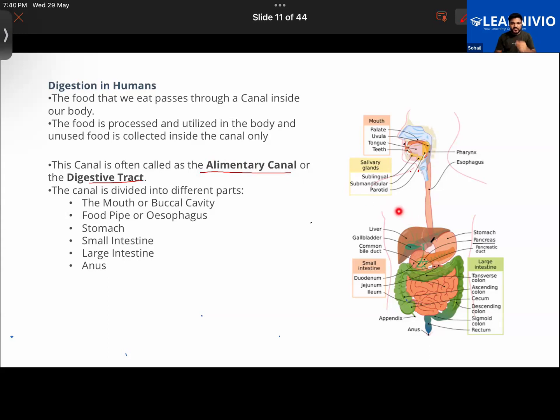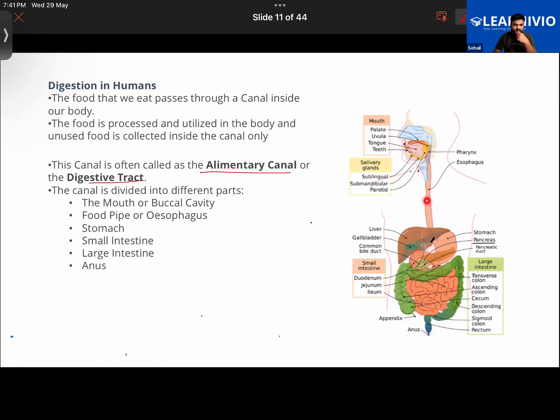Okay, now later on, in your mouth, some part of food is going to be getting digested, while the food pipe is simply a long pipe via which food passes into the stomach. It does not have any role to play in the breakdown of the food, meaning that no kind of chemicals are released by the food pipe. Getting it now? So it is only acting as a pathway.